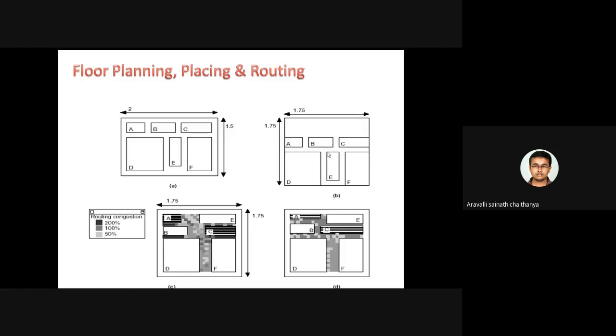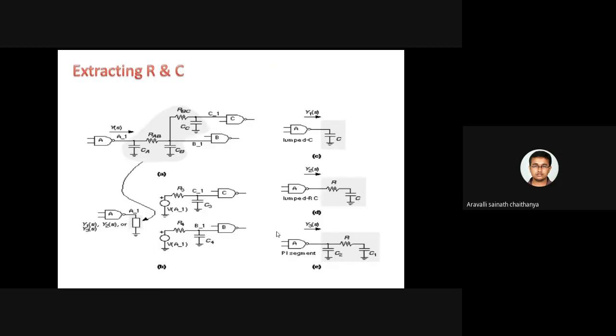After the floor planning, we are placing the modules in the respective area of the floor. And next is routing. That means each and every module gets connected with each other. This is floor planning, placement, and routing. Of course, you have studied it. It is not our subject. Our subject is mainly Verilog HDL only. I'm just revising these things. Next, after we have the layout, you need to find out the parasitic resistances and capacitances.